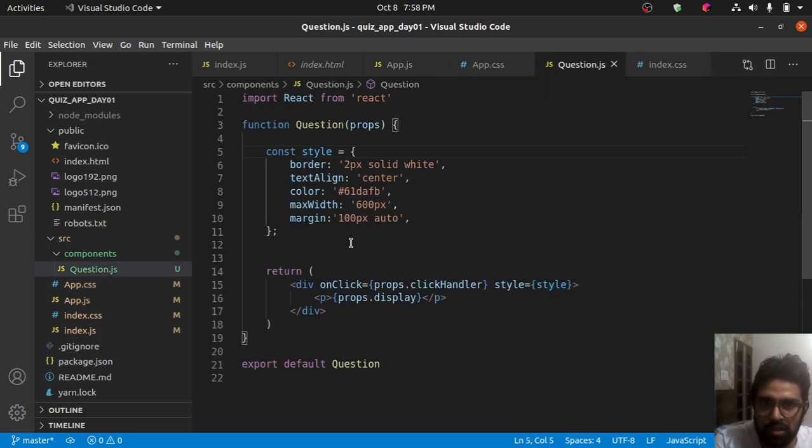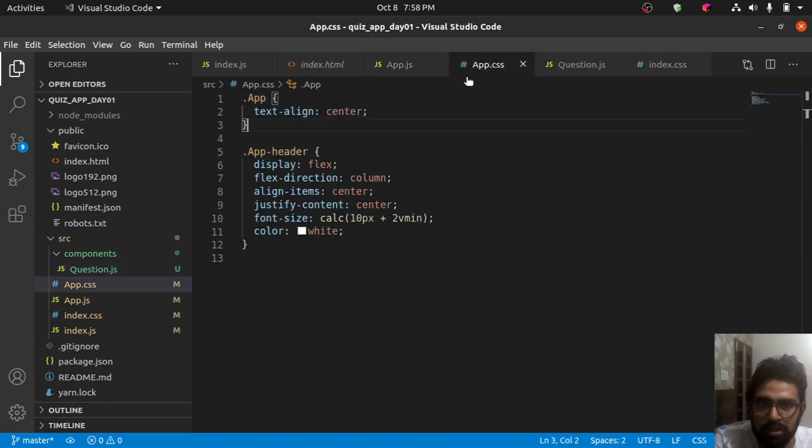Then another is to write CSS inside JavaScript basically. This is inline styling. What you do is define one style object, and mention all the properties like border, text align, and this is JavaScript notation.